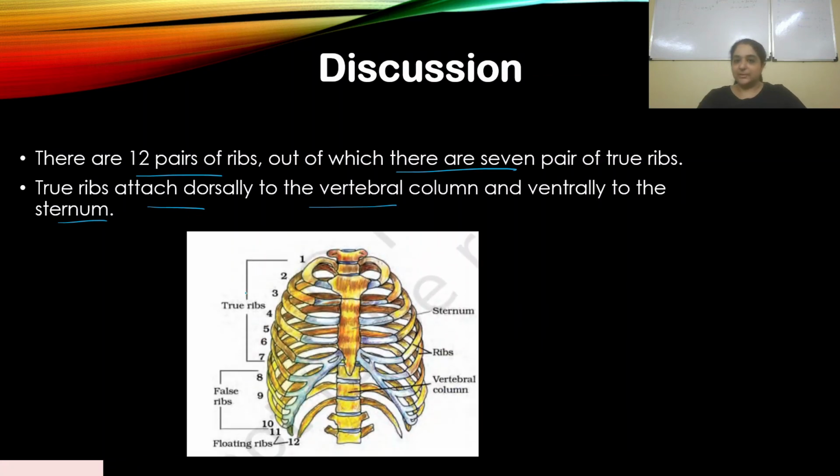And yeah, so we have a diagram from NCERT again. Please study these diagrams. They've asked this multiple times: true ribs, false ribs, floating ribs. They've asked this so many times. This is clearly an important topic in terms of NEET. So you have 7 pairs of true ribs, 3 pairs of false ribs, and 2 pairs of floating ribs. That makes it 12 pairs of ribs. Okay, so clear?